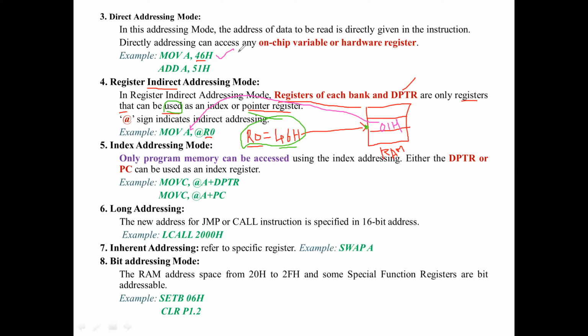Here, that is the direct way. This is the indirect way. That's it. Indirect way of accessing. But the operation in both is the same. We are moving 01 to the accumulator. The only thing is the addressing modes are different, the different way of accessing the data.